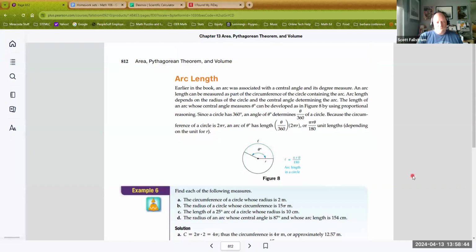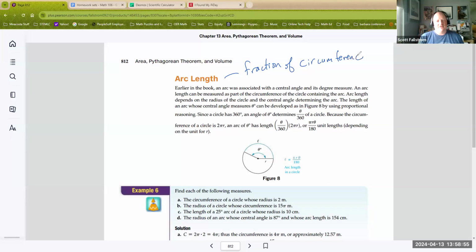Arc length. I want you to think of arc length as a fraction of a circle, or a fraction of the circumference. The reason I want you to think of it that way is then there's no formula to memorize. The length of an arc is part of the circumference, and you can tell what part it is by thinking about the angle being used. So you could set it up as, what angle do I have out of 360 degrees is equal to my arc length out of the total circumference,